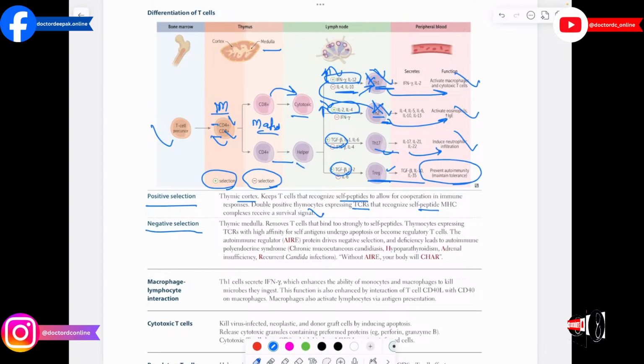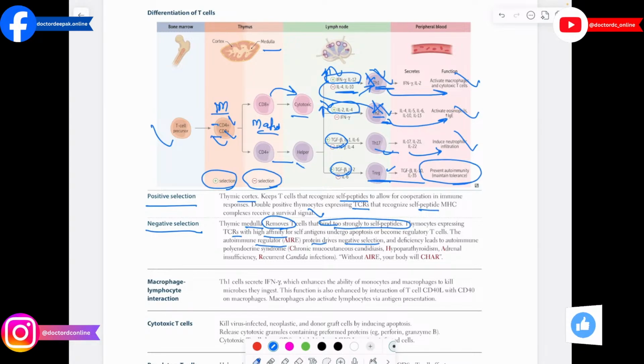And second, negative selection, it is happening in the medulla, and it removes the T cells that bind too strongly to self peptide. If they are binding with their own peptides, then they will be removed. The thymocyte expressing TCR with a high affinity for self-antigen undergoes apoptosis or becomes regulatory T cells. The autoimmune regulator